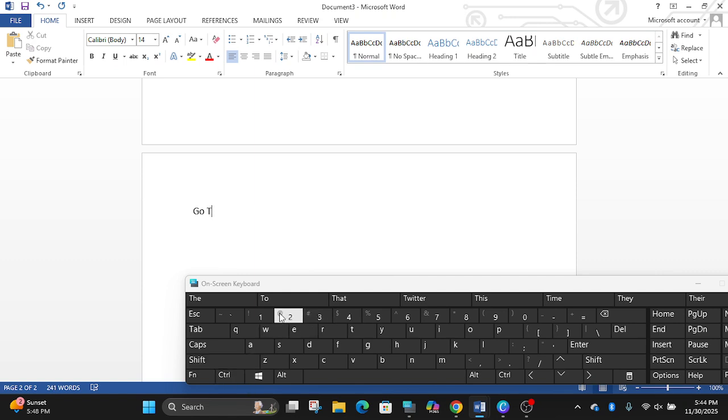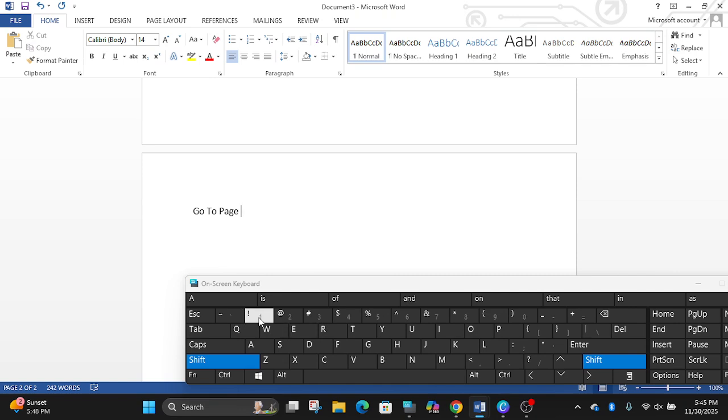To type the symbols above the numbers, you can use Shift plus again. Again, to type punctuation marks, if there are two punctuation marks on a single key, to type the upper one you have to hold down the Shift key always. Then to make it P capital, Shift P, holding Shift. Page 1.